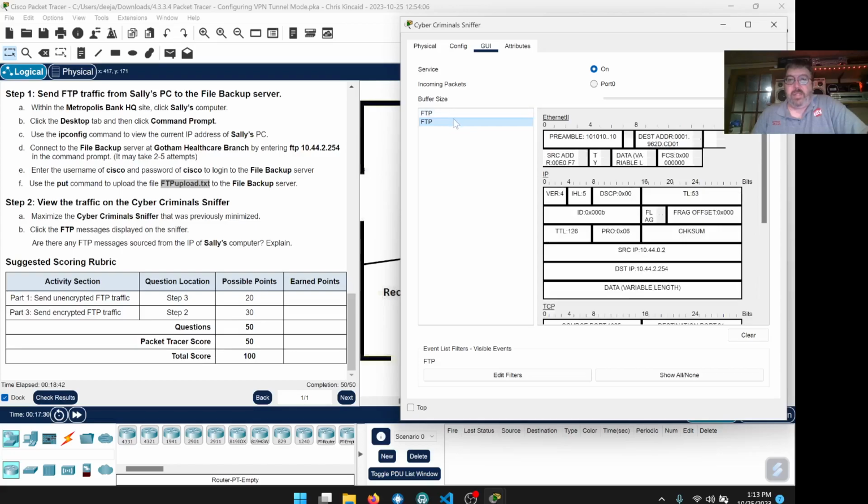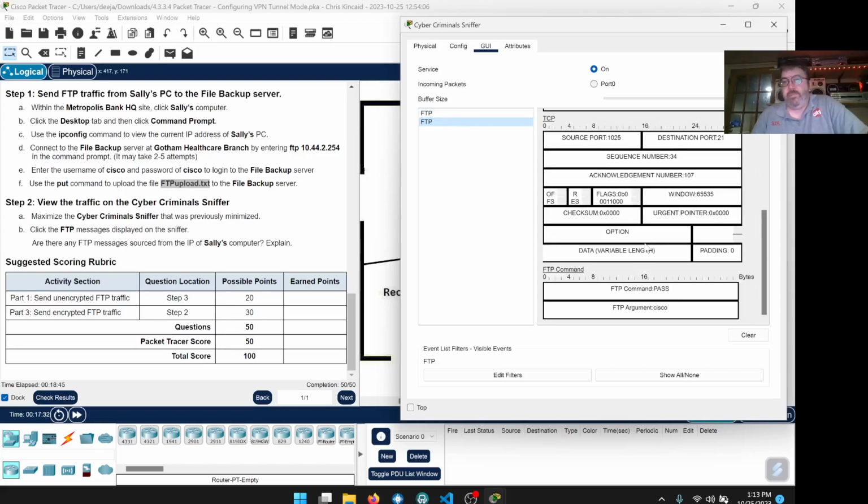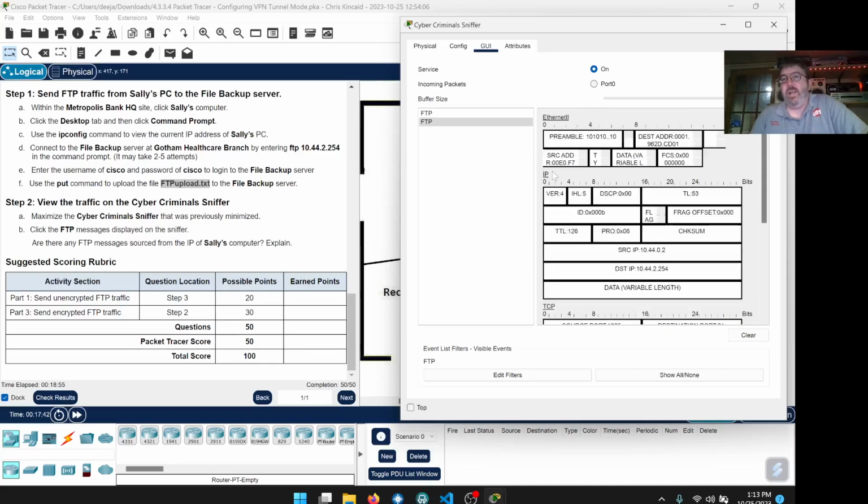These 2 FTP packets that we're looking at, those are the ones that came from Phil's computer. Kind of wish we had used a different password and username, because you could be confused here and think that was what we just did with Sally's computer. The packets that you're looking at here, you may have more than 2, but those are from whenever we logged into the backup file server from Phil's computer. When we logged into the backup server from Sally's computer, if you followed along and did everything exactly like I did, and if everything's working for you, then you're not going to see anything there,